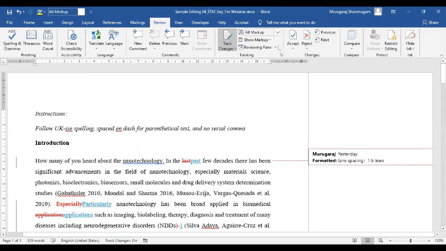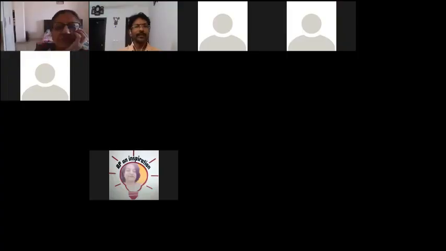I need to make a disclaimer now. Will MS Word identify every single instance of a serial comma missing, or every single instance of a confused word? No. This is a style or refinement process that possibly will help you identify some of the changes in your document.